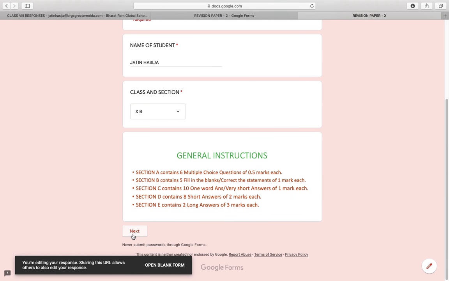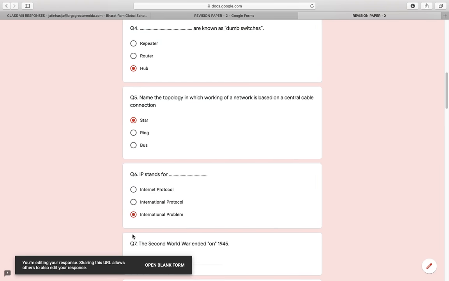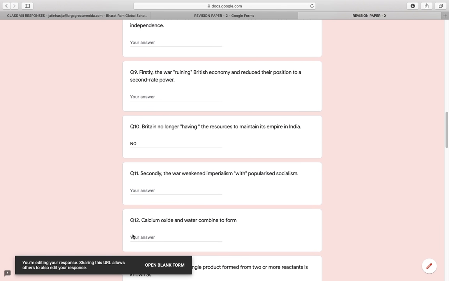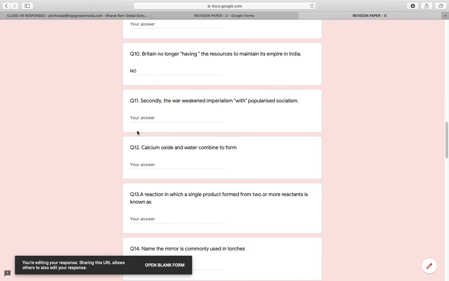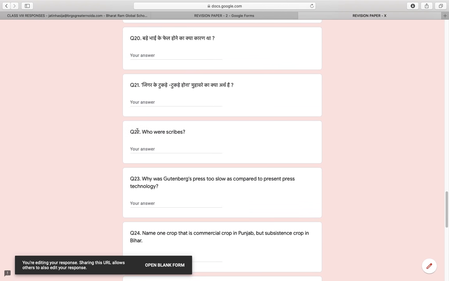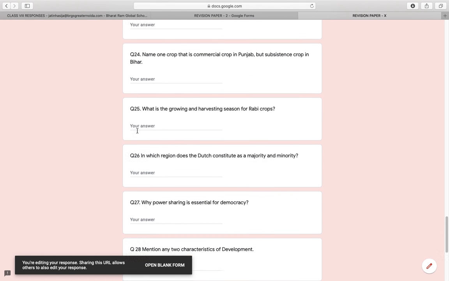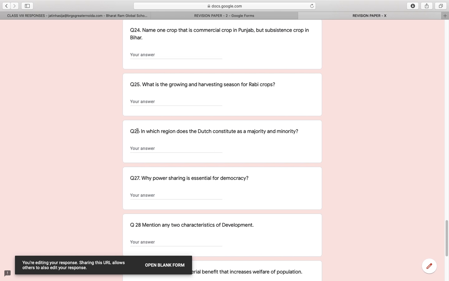Again, let us check whether all my responses were saved or not. Yes, my responses are already saved. I answered question number 10 as no. I can find my answer here. I can refresh my page. I can close my page. Within that stipulated time, my responses will be saved as soon as I click submit. I hope this will be a great relief to you, as all your answers will be here only.